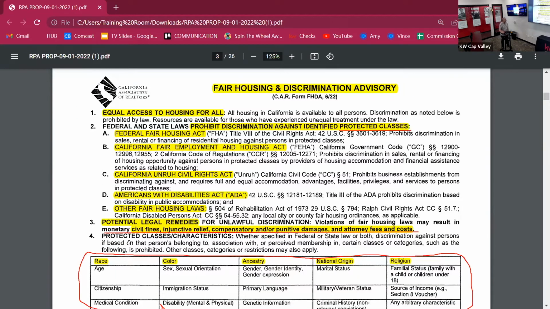I know you guys are probably sick of hearing me talk about this. It comes up in every listing class, every purchase contract class, because it's part of that package. And it's also part of a separate class that I give on fair housing coverage. But it is also that important. In fact, this form was actually one of the ones they did in December, and then they modified it again